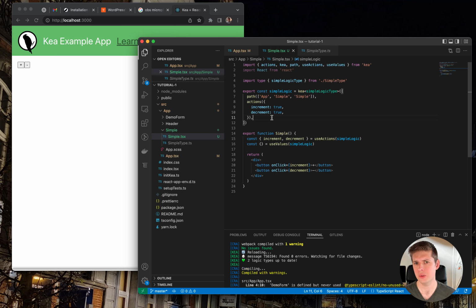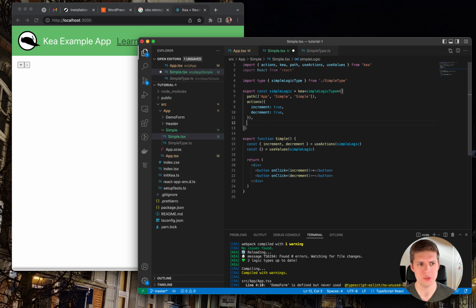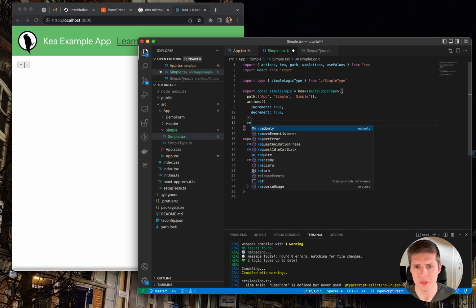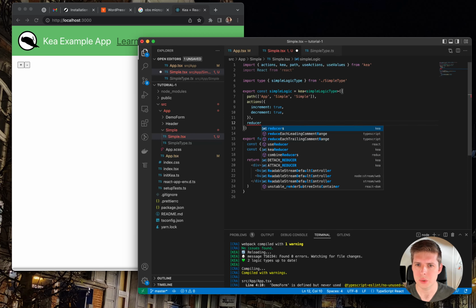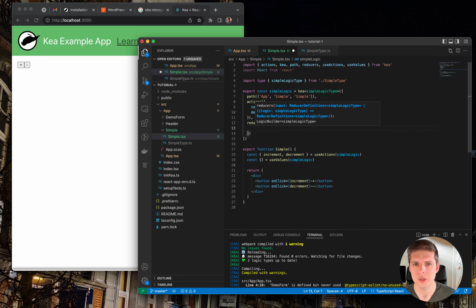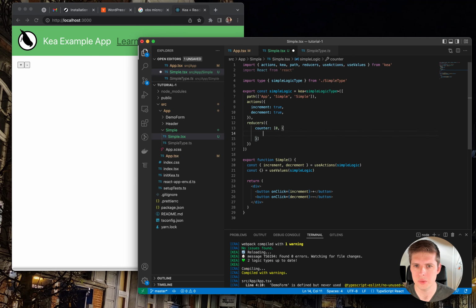The way you get values is you use either loaders or reducers or any of the other plugins that Kia provides. In this case, since we want to keep things really simple, and this is the first tutorial after all, we're just gonna add a reducer to show the core features. And let's call the reducer a counter. Give it a default of a 0 and make it so that each time